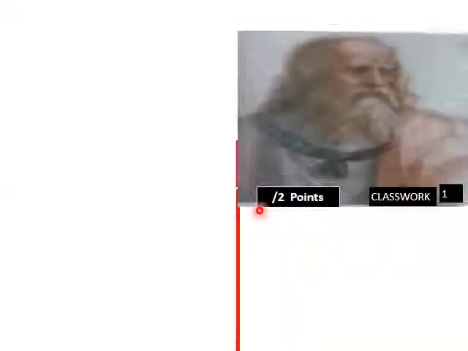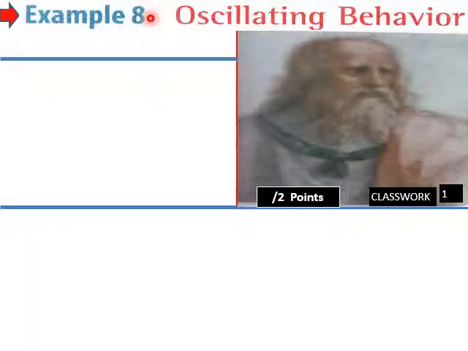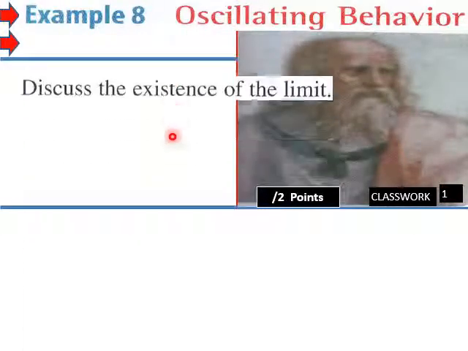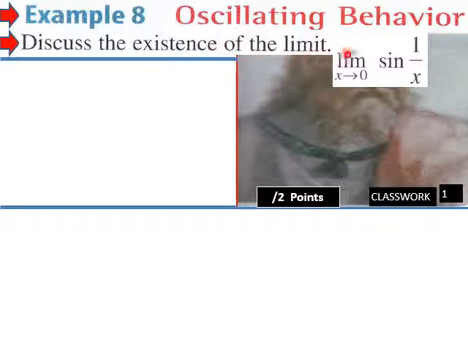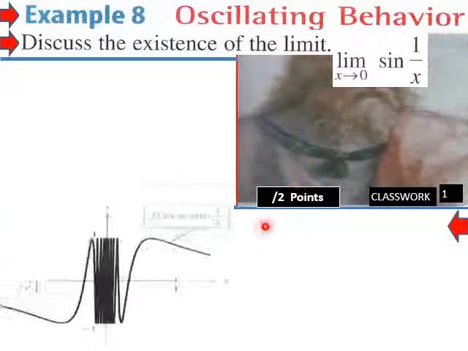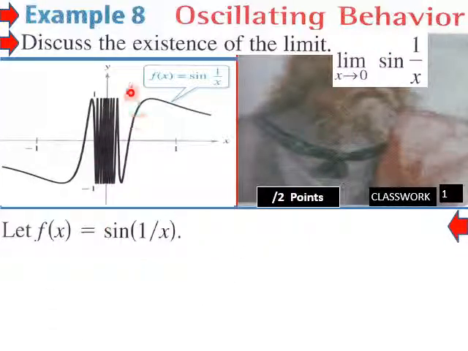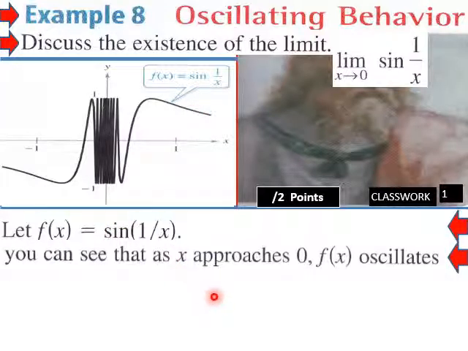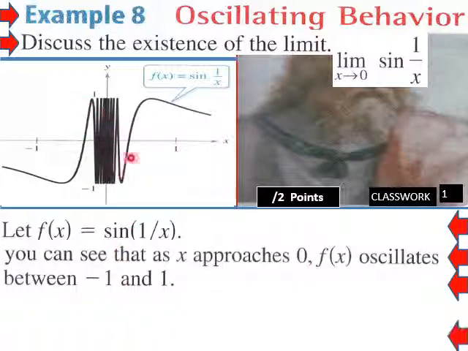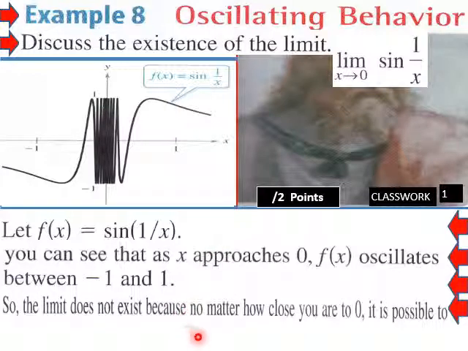Into today's lesson, continuing on here. Example 8, oscillating behavior. Discuss the existence of the limit as x approaches 0 of sine of 1 over x. Now, this is the graph of f of x equals the sine of 1 over x. With that situation, you can see that as x approaches 0, f of x oscillates between negative 1 and 1 here. You have this oscillation. So the limit does not exist because no matter how close you are to 0,